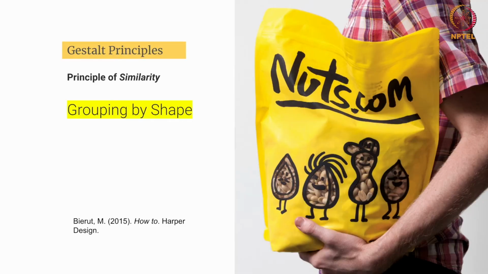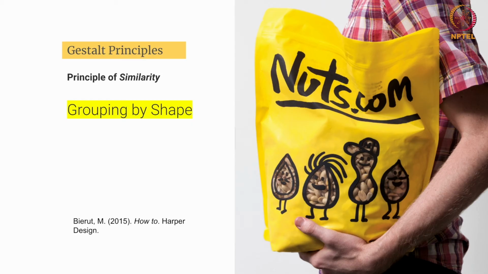If you see this packaging, it's very playful in nature. Even the colors which they have used are very vibrant. So here you may ask why I have used the word grouping by shape, right? What I am trying to say is the stroke here, because that stroke is purely defining the idea of the brand. That stroke is very organic, very calligraphic in nature, and because of that it feels very organic, and that became an identity of that particular brand. So I'm grouping by shape.